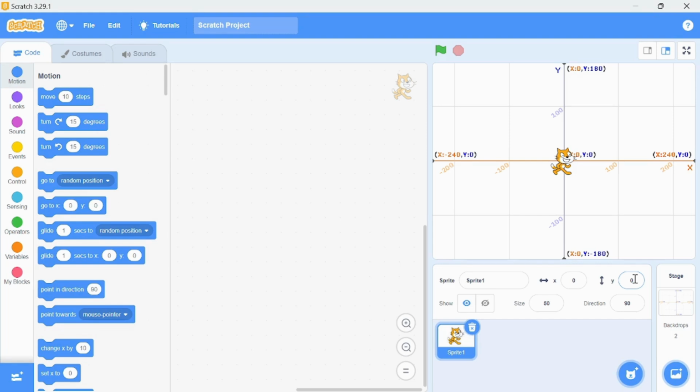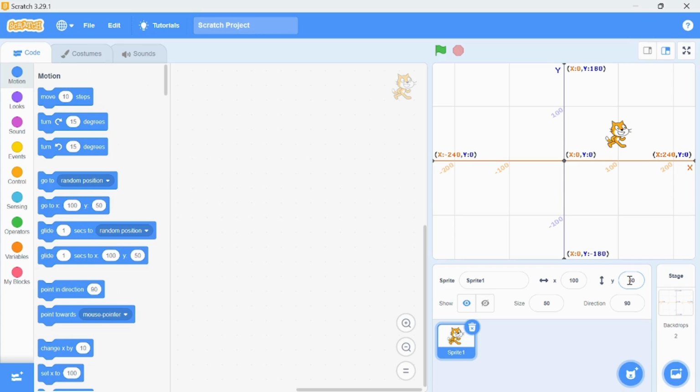So right now I'm going to change the x value to 100 and the y value to 50, and just try to visualize the position of the character on the stage when I use those values. I'm going to change x to 100, and it will move it 100 steps forward in the horizontal axis. So if I click enter, you see it's exactly at point 100. Now if I change y to 50,